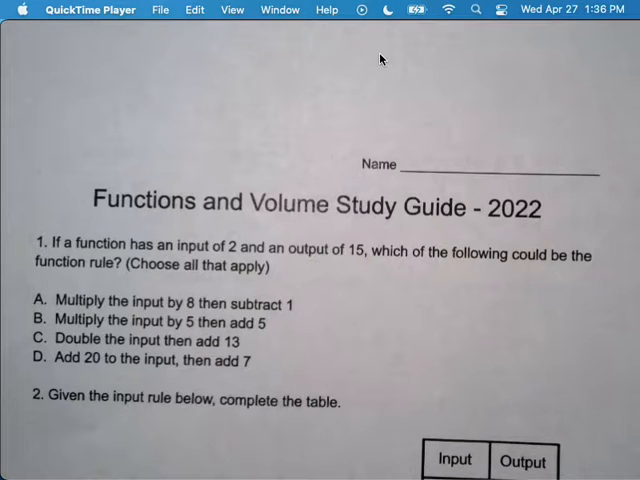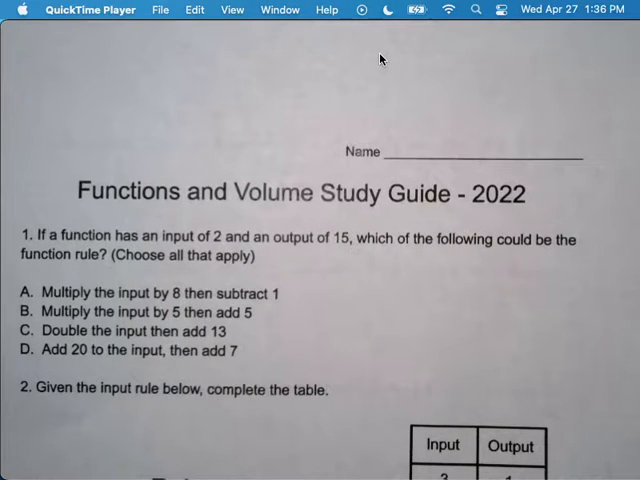All right, so you have a test coming up on Friday, and you will get to use your study guide on the test. You will get to use calculators on the test. If you need a ruler or something like that, you can use that as well. I don't know that you'll need one, but